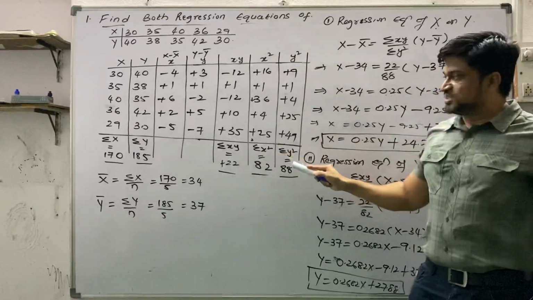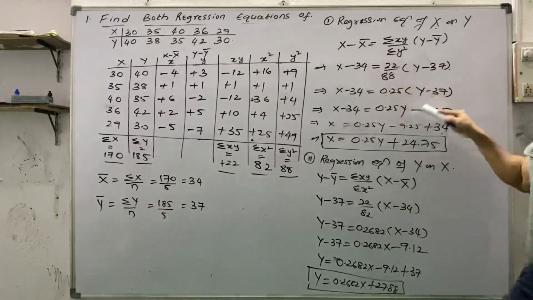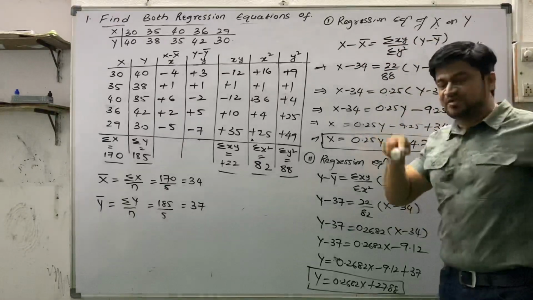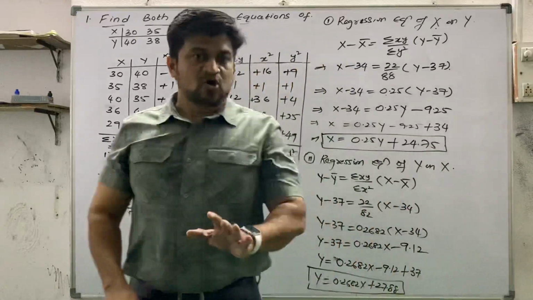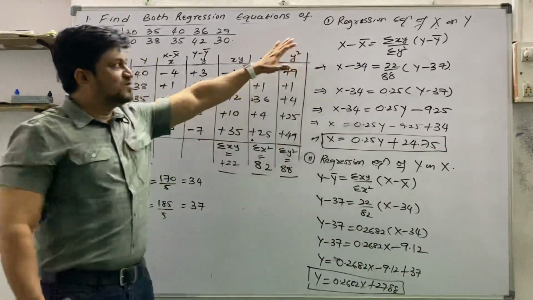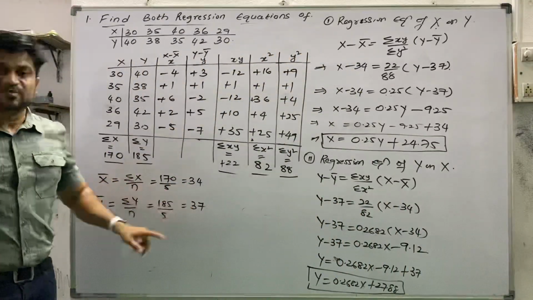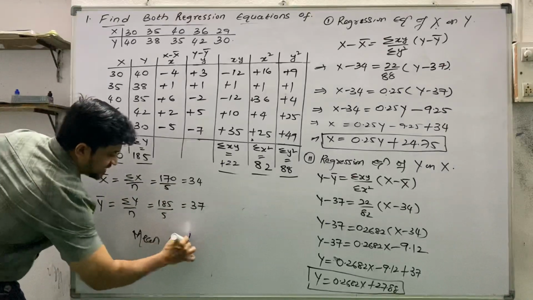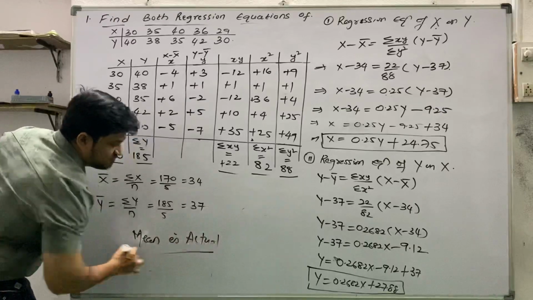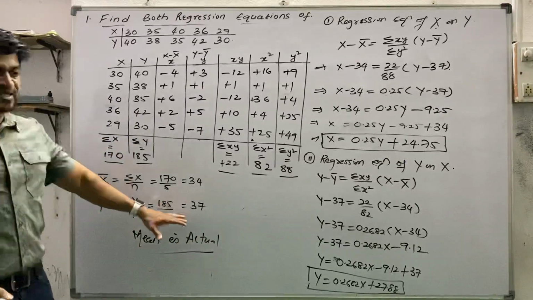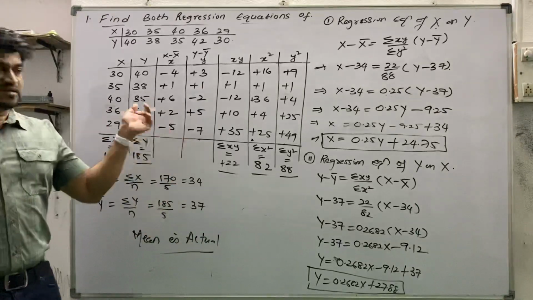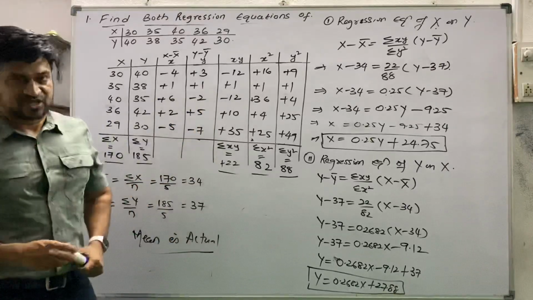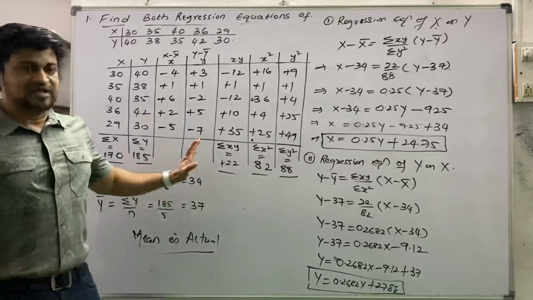Once we have these totals, now see here, whatever values we have taken, why we have taken this formula, why not the previous one? Because this formula is used for actual mean problems. Here you can consider the mean is actual. If at all we find any one answer to be a decimal, then we will not consider this one. That will be the question based on algebra, which we are going to discuss in the very next video. Okay, so revise this one well.